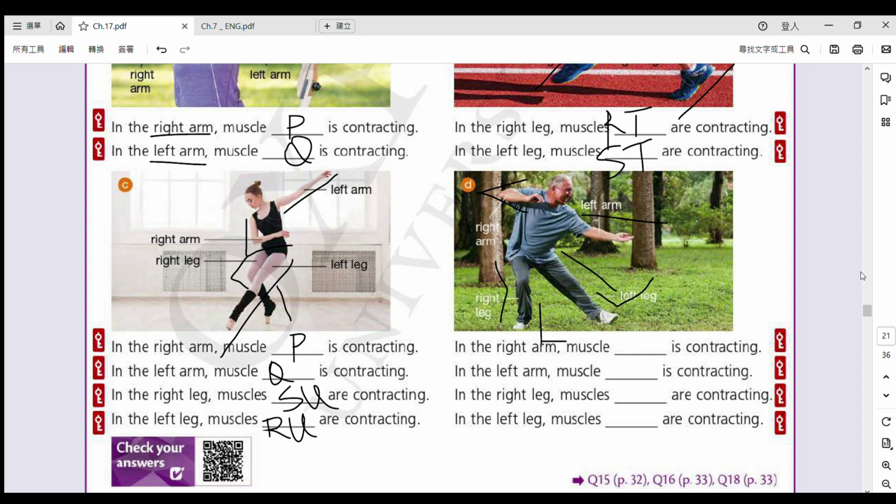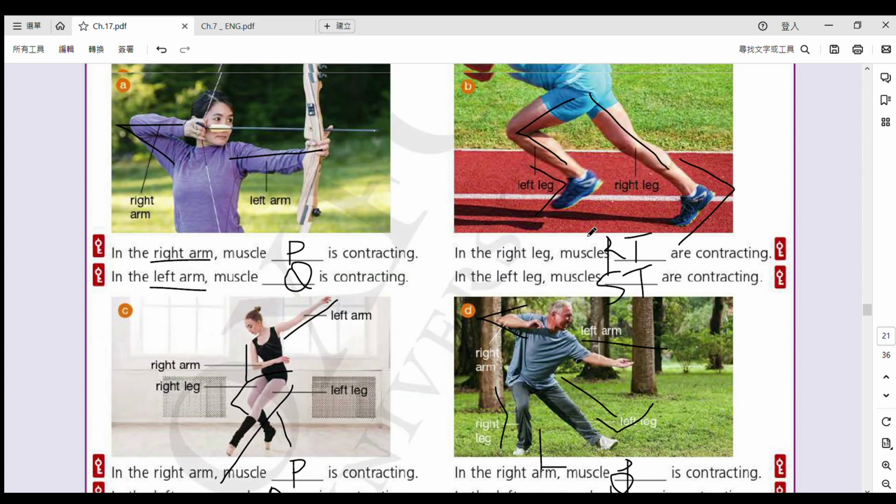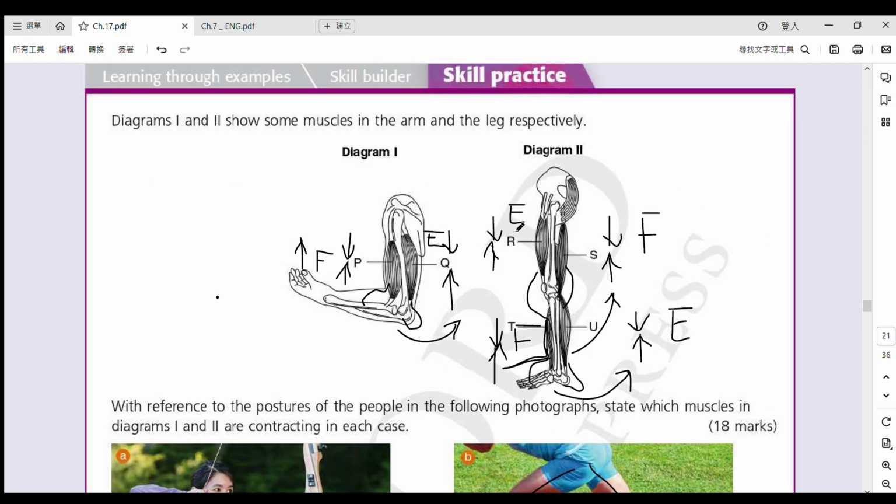Alright, do you agree? Focus on the leg again. Bending. This part, upper part, straightened. Bottom part, bending. OK, 明啦嘛？所以啦 right arm bending 已經背到噶啦。bending 嘅話 P。Left arm straighten Q。Right leg this part bending。